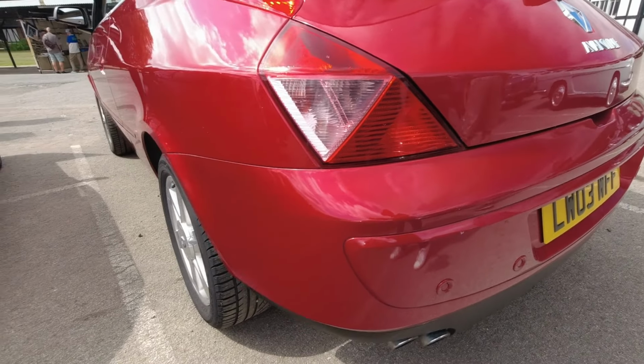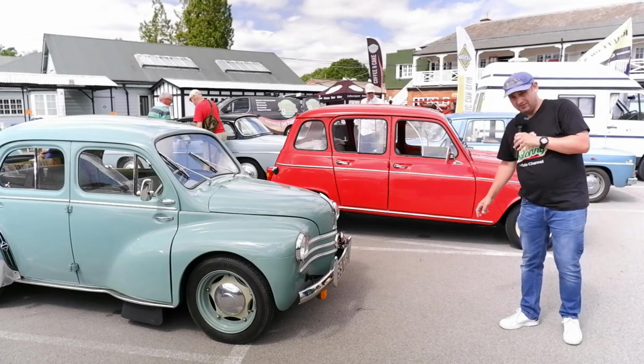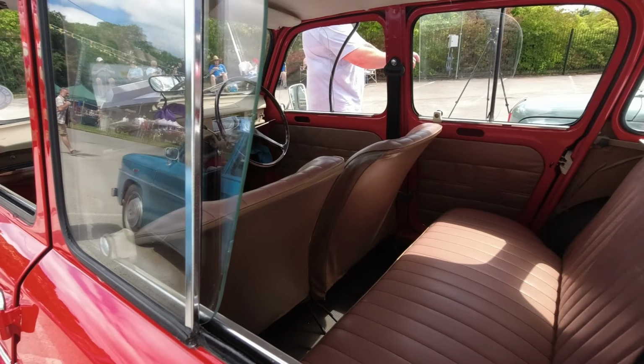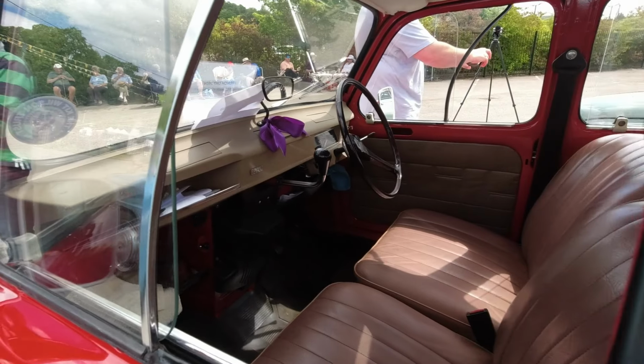Bookmarked by a Renault Traffic camper there at the end, another Renault 8, Renault 4. I'm actually getting to a point in my life where the idea of owning a Renault 4 is becoming quite appealing. I think this would be the perfect car to do the school run and trips to the allotment. Well, maybe not this exact car because this one actually looks probably too nice, but there are still plenty of